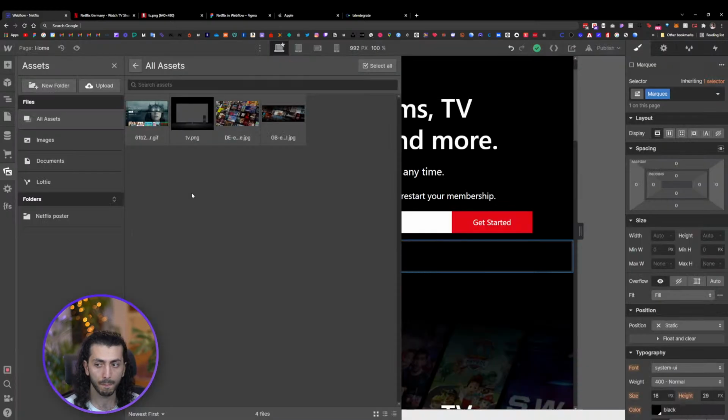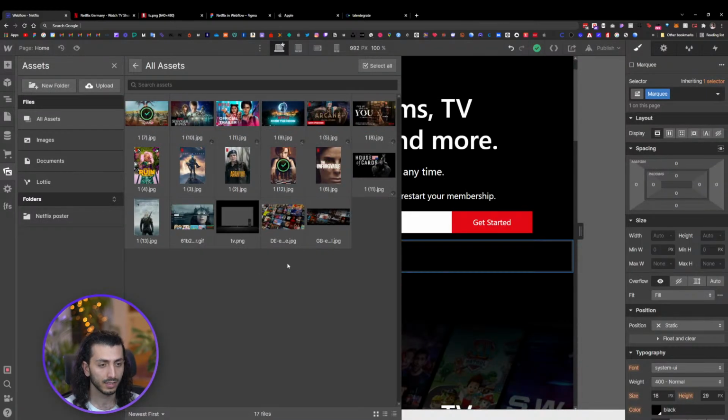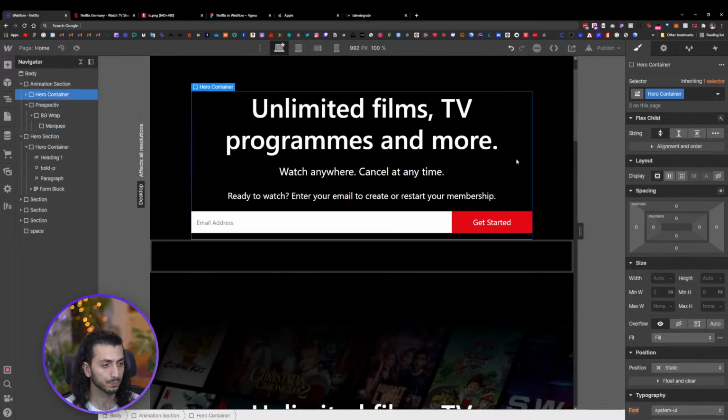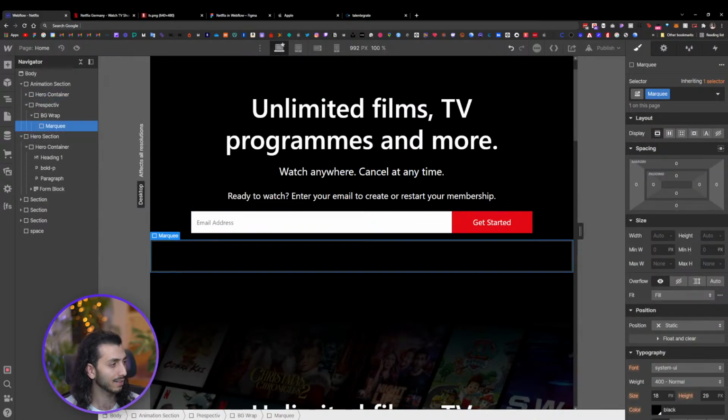So adding all the images here, and we start adding them in the marquee we have. But in which way? We want them to sit next to each other, right? So